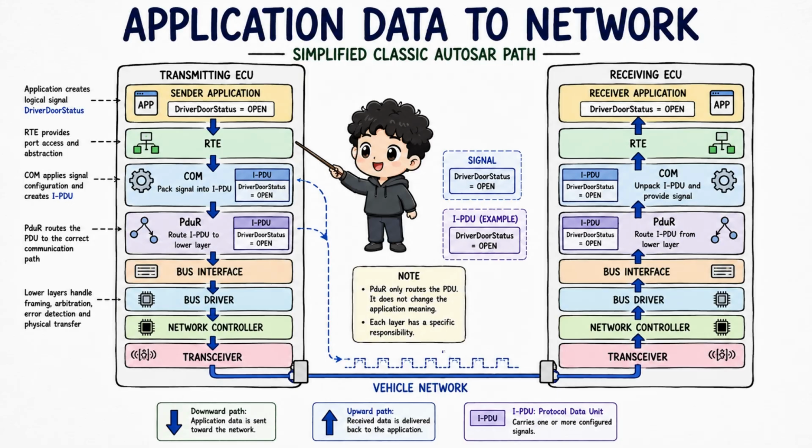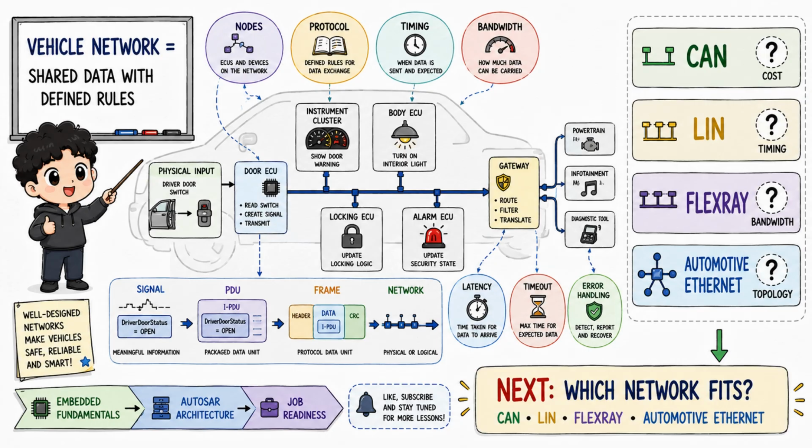For now, the important idea is that application software works with vehicle information, while lower layers handle packing, routing, and protocol-specific hardware access. If an interviewer asks why vehicles use communication networks, explain that networks allow distributed ECUs to exchange shared data using standardized communication rules. They reduce duplicated point-to-point communication wiring, support one-to-many data use, and provide defined handling for timing, errors, network states, and